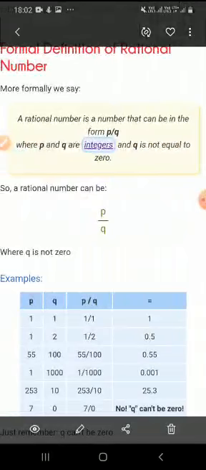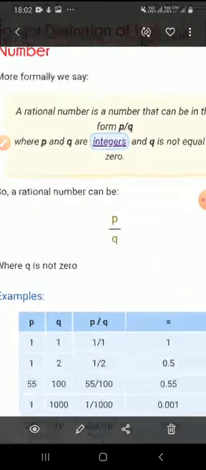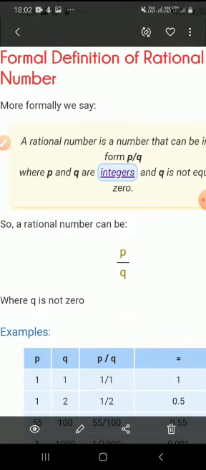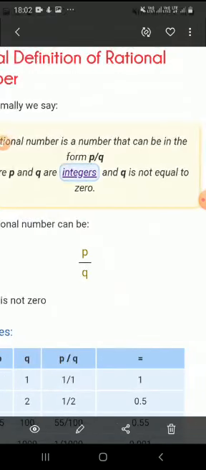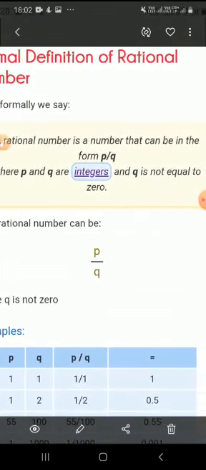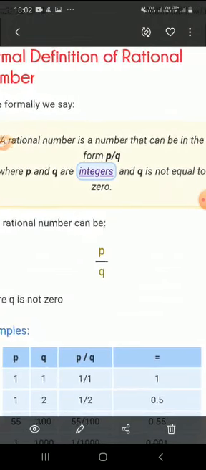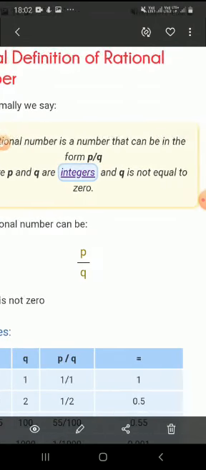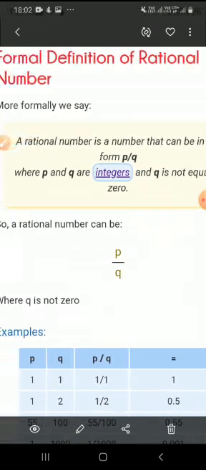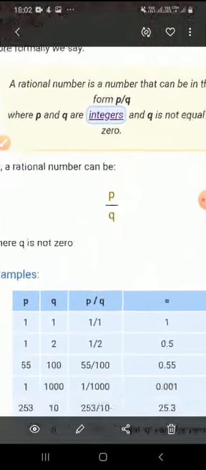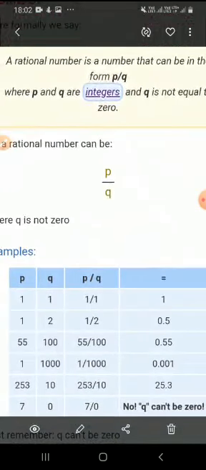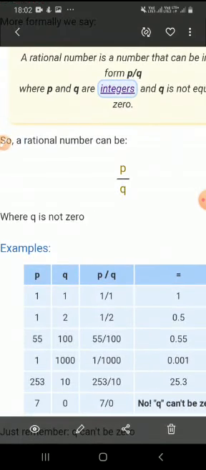Now going to start with the chapter heading, that is rational numbers. So let's have a formal definition of a rational number. A rational number is also a number, but it is in the format of p upon q. And what are p and q? These are integers. p and q both are integers, but q must not be equal to 0. Repeating it, a rational number is always in the format of p upon q. p and q are what? Integers. Integers means positive numbers, negative numbers, but q should not be equal to 0.